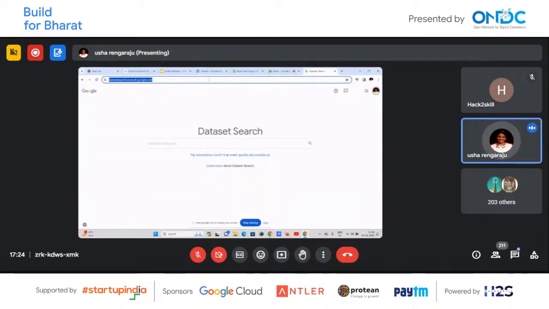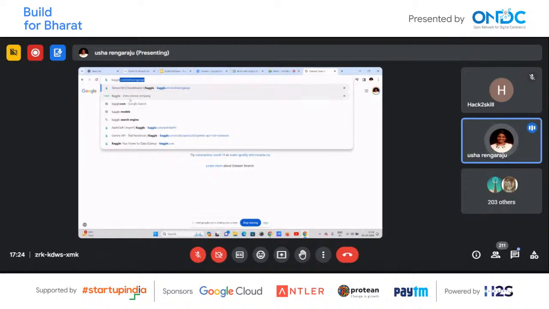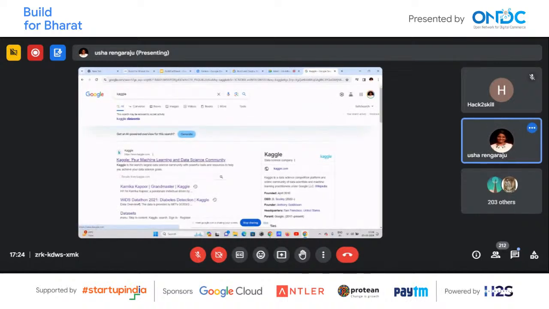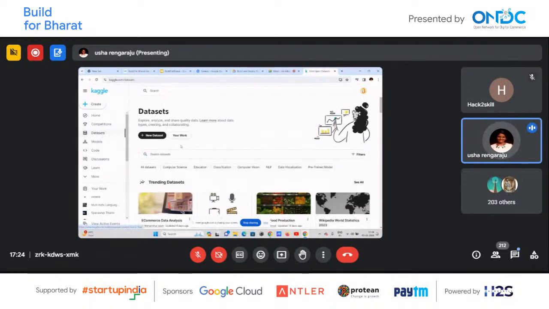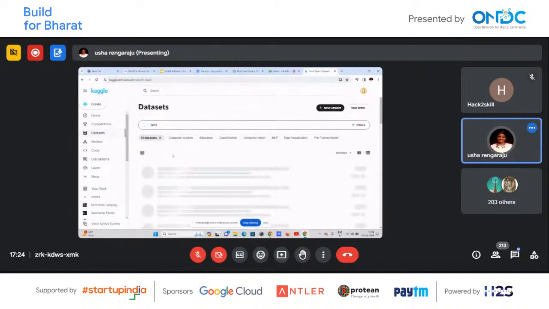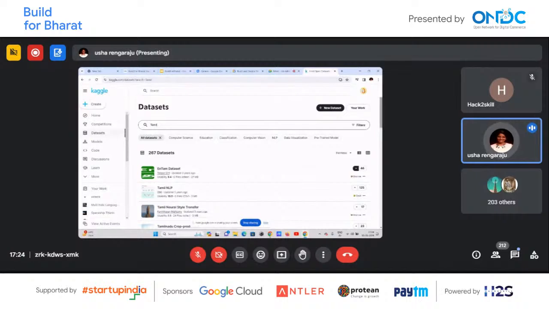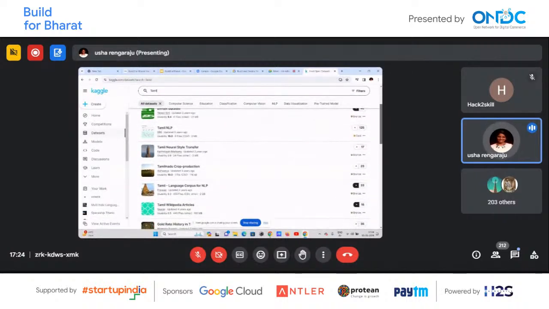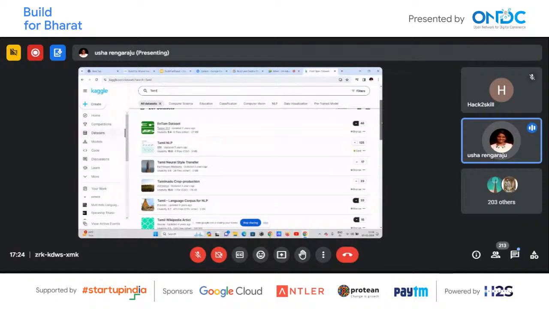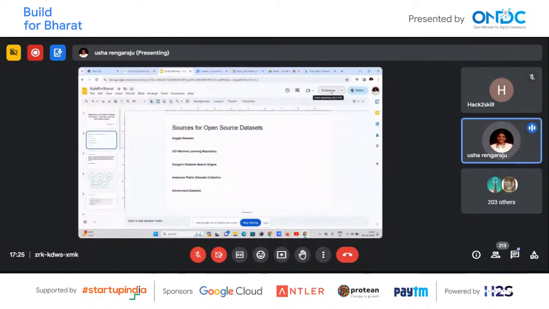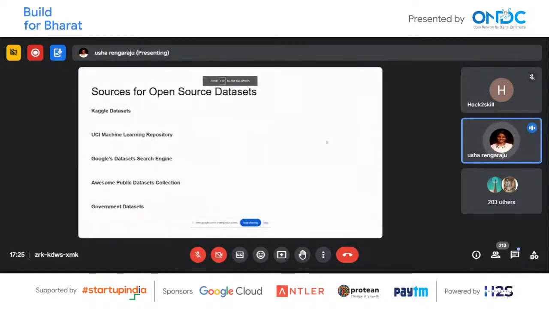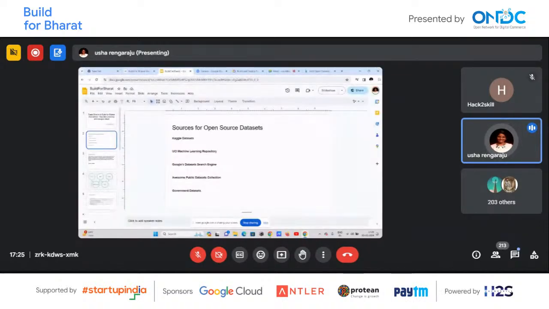You can also go to kaggle.com like this. If you just go to kaggle.com, you have a separate section here called datasets, and here you can search as well. For example, I can search Tamil, and all the Tamil data sets are coming. Tamil NLP is a data set, Tamil neural style transfer. So whatever relevant name you want, you can just search, and based on that, you might be able to find the data set. This is how you can search for your data set, because finding your data set will be the first point. So Google dataset search engine, Kaggle datasets is a great place.